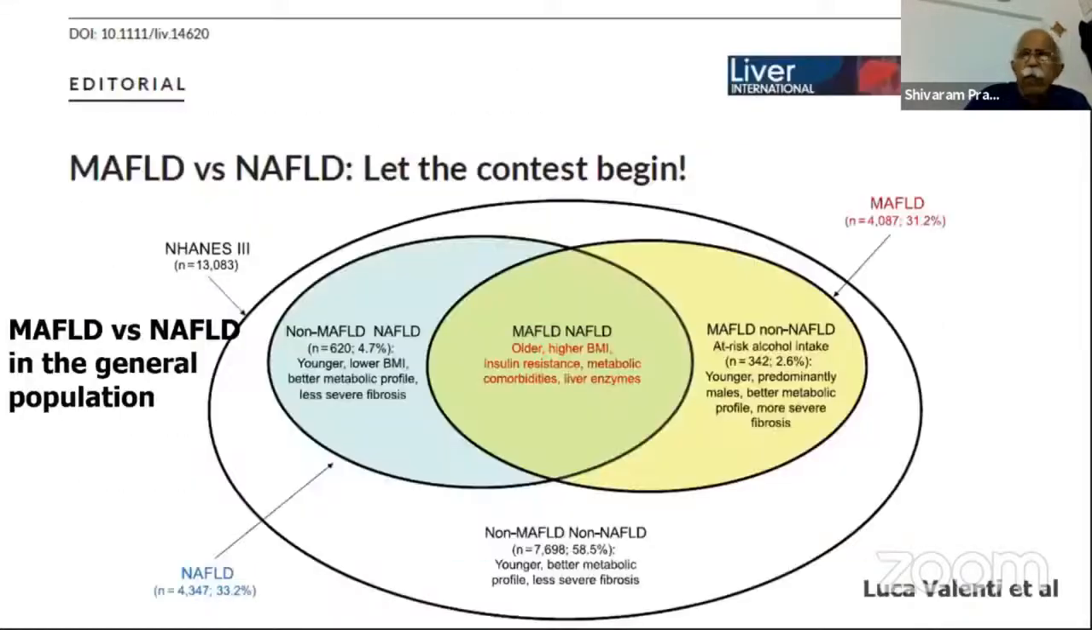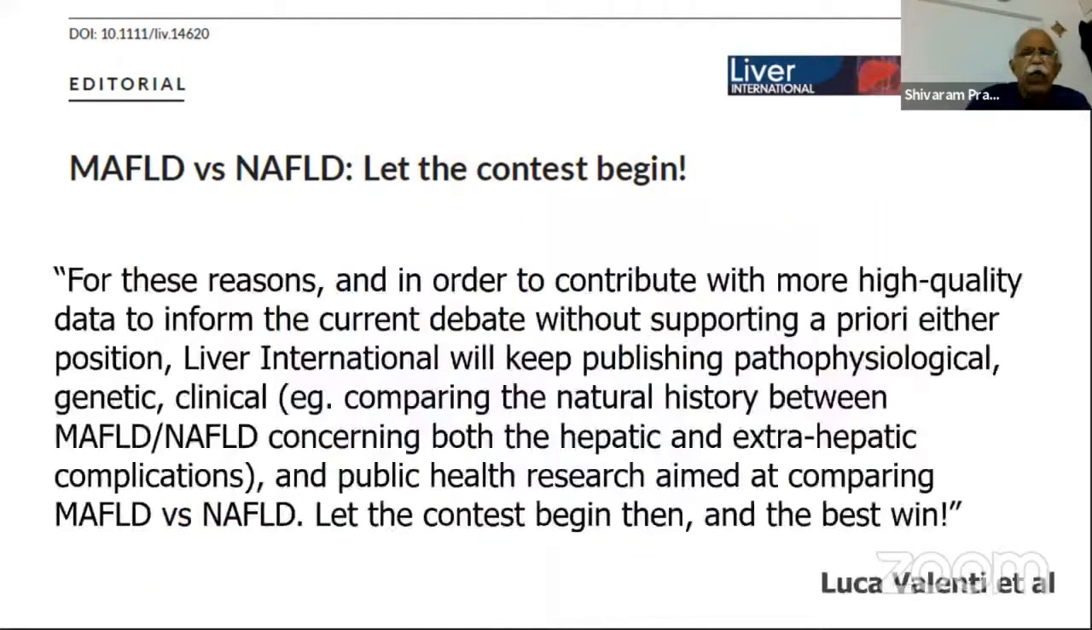Let science prevail. This is not a bout. This is not a war or a fight. It's almost become so. What I see, people are very sensitive about this. Editors are very sensitive about this. We have two groups: MAFL versus NAFL. And see, this editorial says, MAFL versus NAFL. Let the contest begin. And they go on to write,